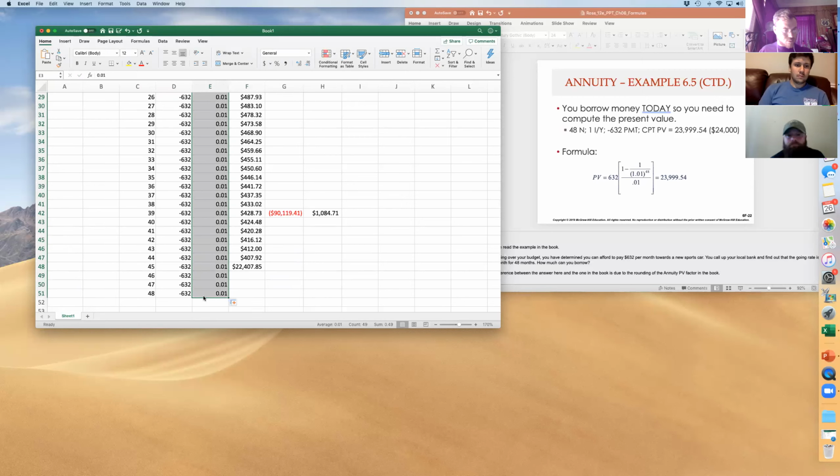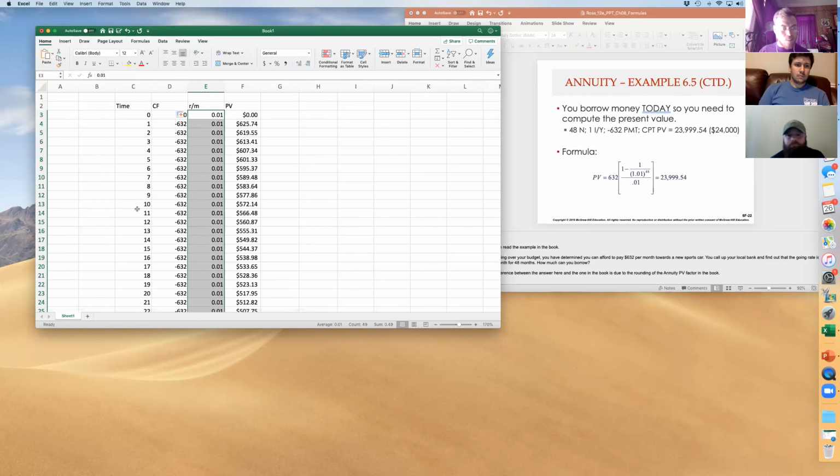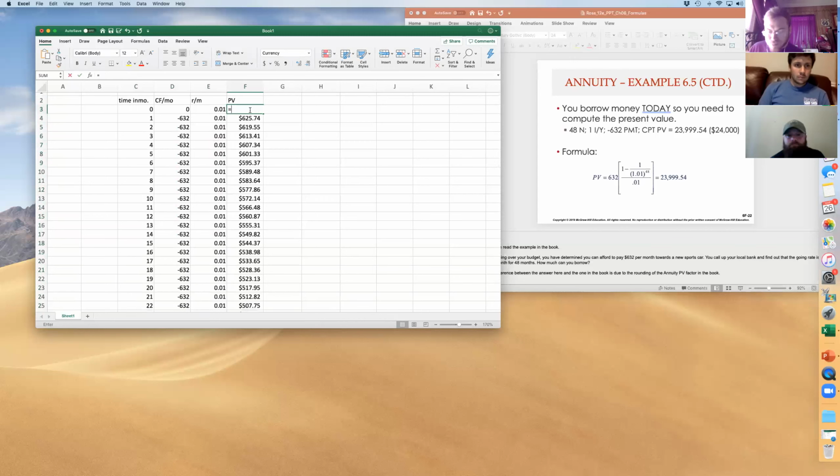Okay, so 1%. Notice how I've kept everything. The time periods are in months, so I'm going to write this time in months. The cash flow is the cash flow per month. This is my interest rate per month. And then I'm just going to compute the present value. All right, so the present value is equal to